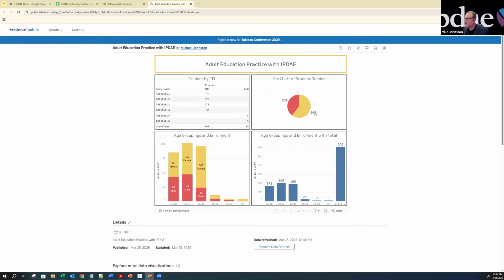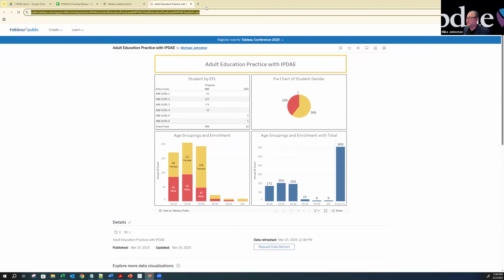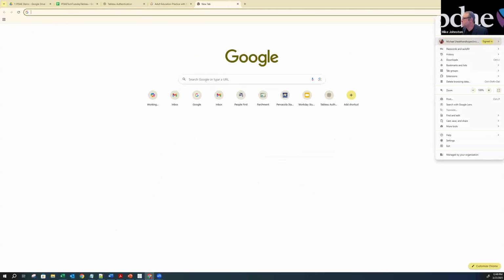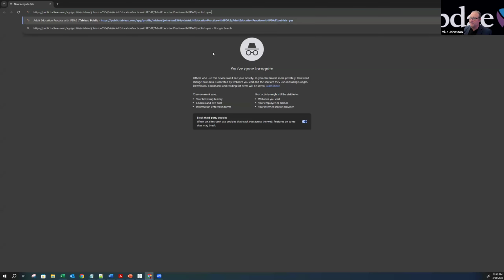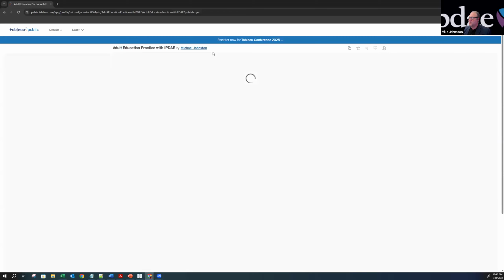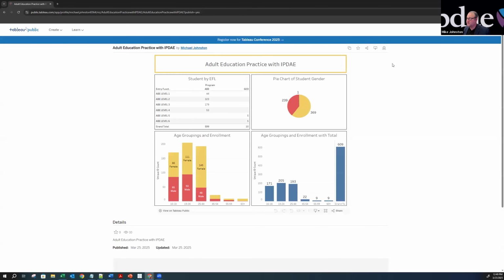I will tell you that I'm going to go here and I'm going to log in incognito. When you log in incognito, it's just a way to have nothing memorized. This is what happens when you log in incognito. So this is what a user would see. Let's say you want to download this as an image. You could download this as a PowerPoint, where it puts it into a PowerPoint. You can do a lot of that. You can save it. You can send this to your colleagues or friends.